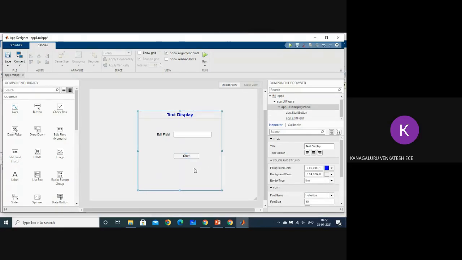Now, what should happen? The moment I press the start button,